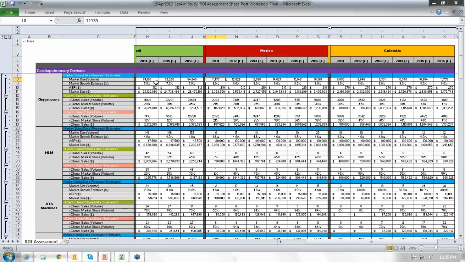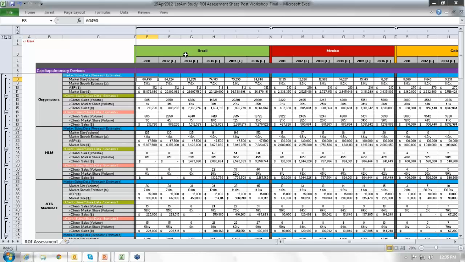let's say if I look at Brazil, when we say the market growth estimate is 7%, how do you get that? You can look at historical data, but that historical data is a proxy. The future growth rate can be very different from the historical growth rate. So you look at historical data, you talk to people on the ground, you interview experts in the market, and then you make a judgment and say, hey, the historical growth rate was actually 5%, but there are these regulatory changes that are expected.